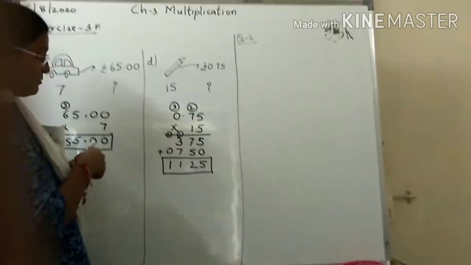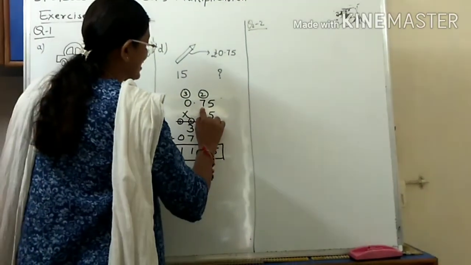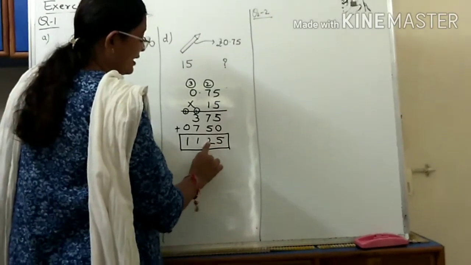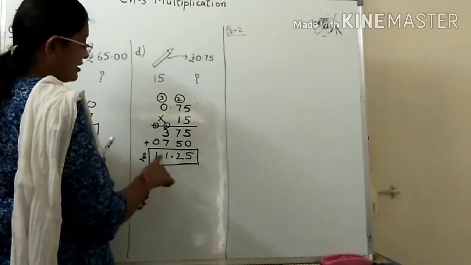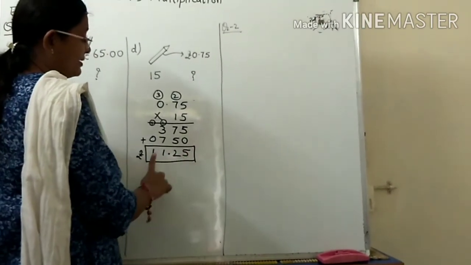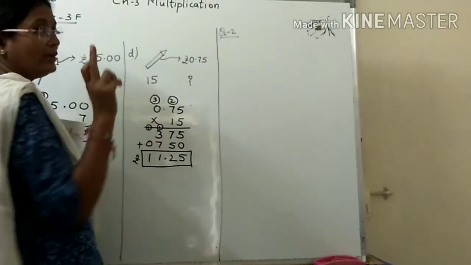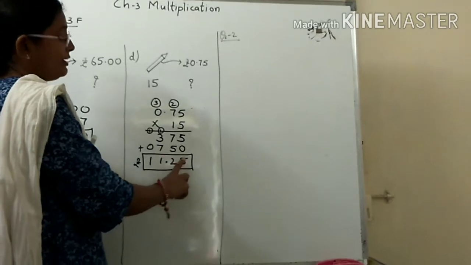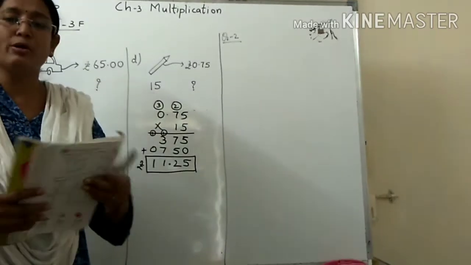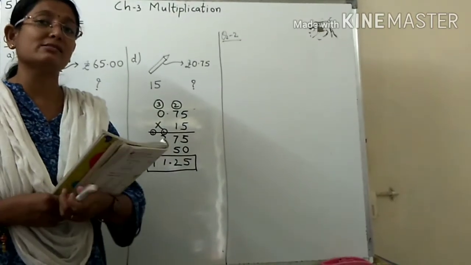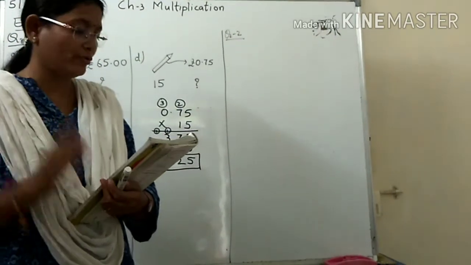Now remember once again, simple multiplication we have completed. Now after the decimal point, how many digits are there? 1 and 2. So from left side count 1 and 2 and keep the point. So your answer is rupees 11.25. Means 11 rupees and 25 paise is your answer. Means 15 pencils will cost rupees 11.25. Clear everyone? Okay. The other two sums you have to try by your own and then afterwards verify with the answers in the written part which I have sent you. In that you have to cross check the answers.